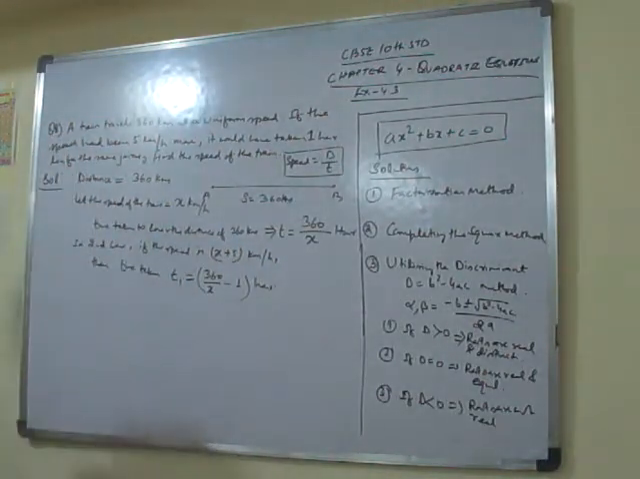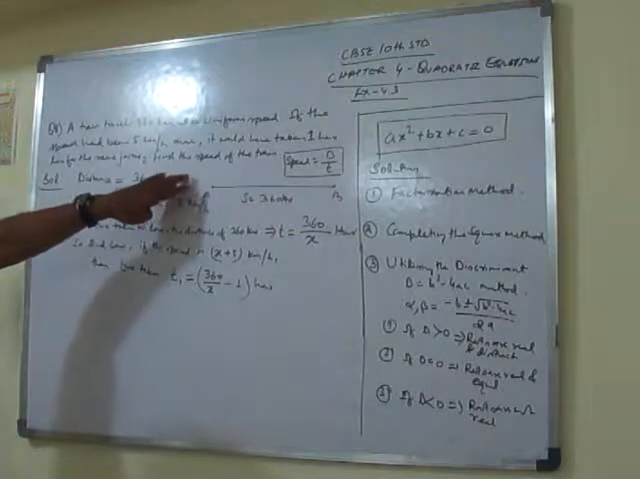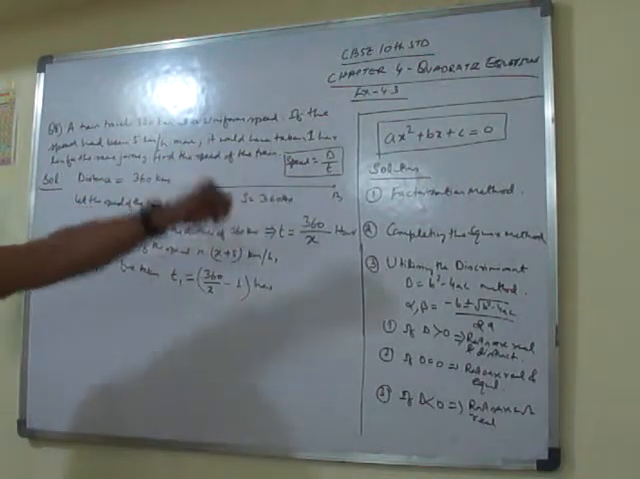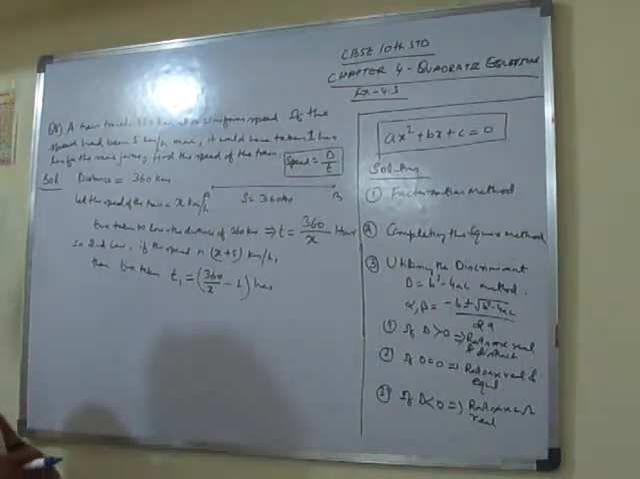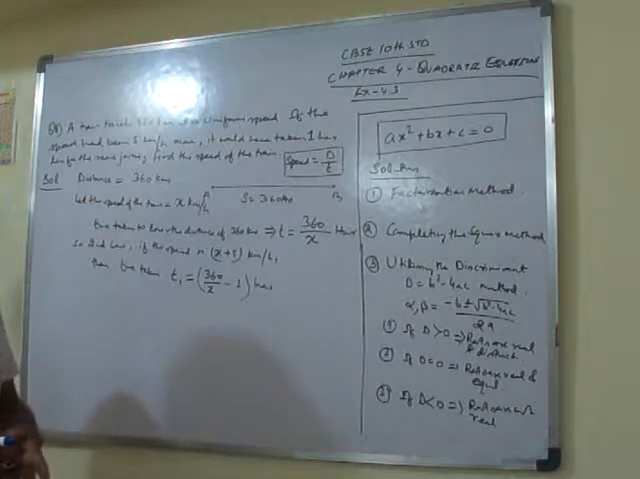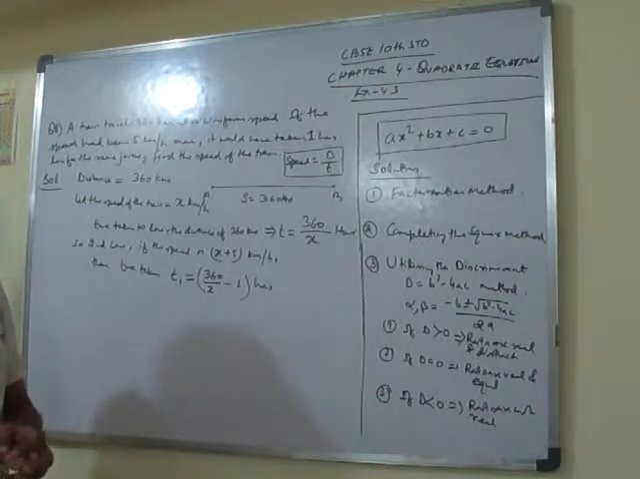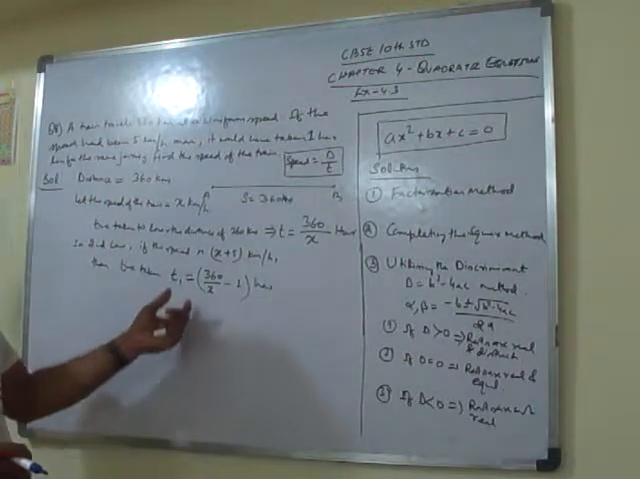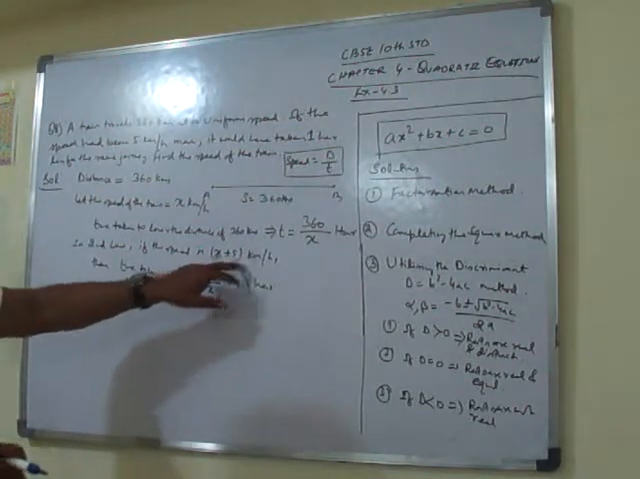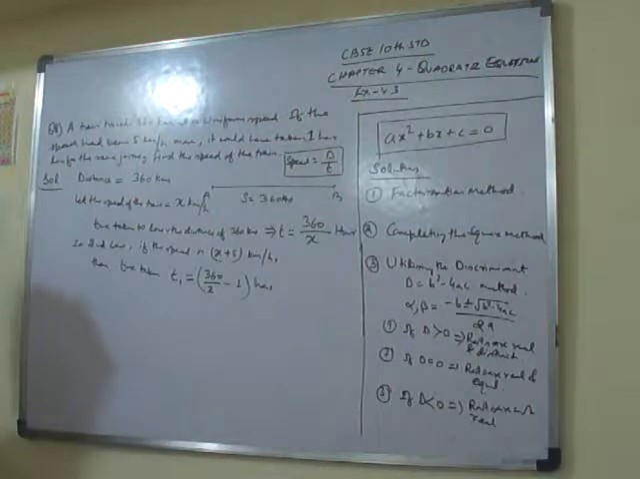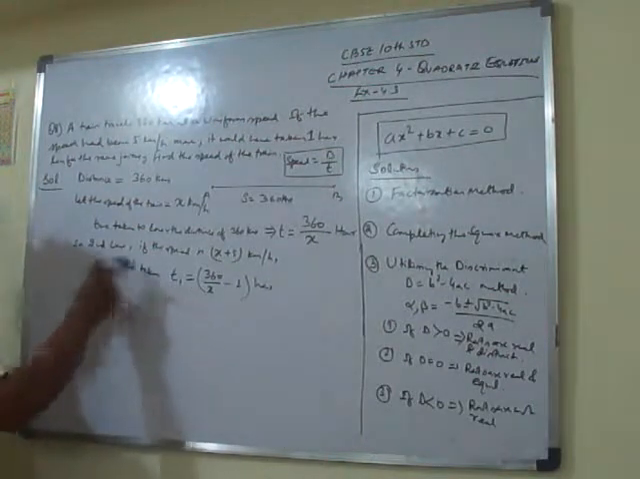Then what we need to find? We need to find the speed of the train, gentlemen. So we have to find the value of X. Okay, so this is the time, X plus 5. Right. So this T1